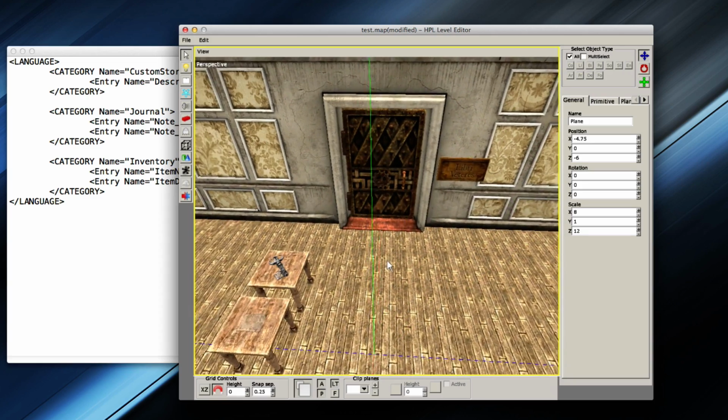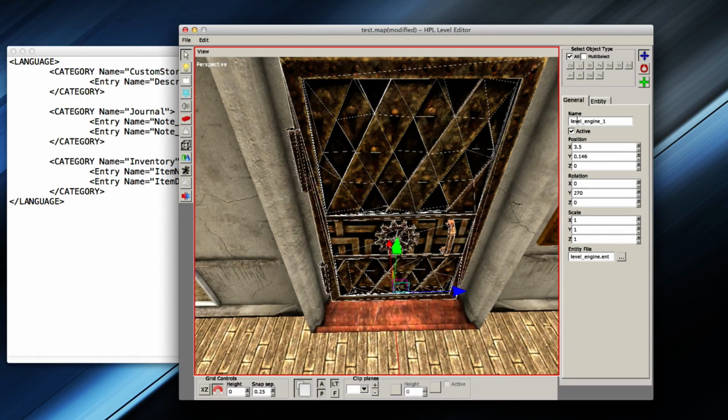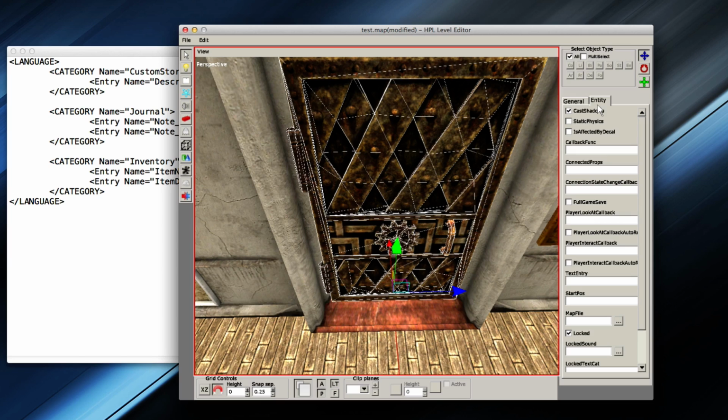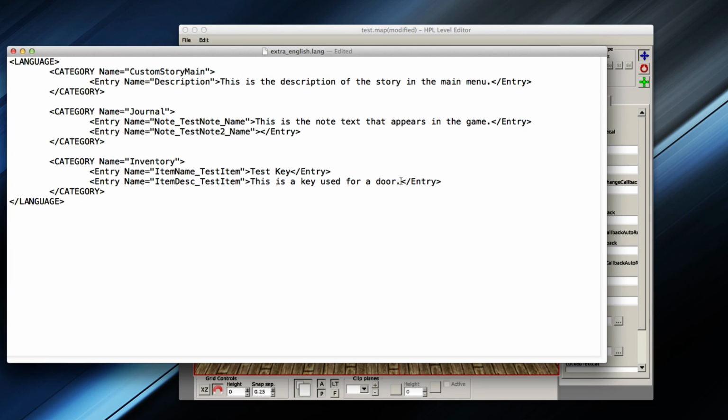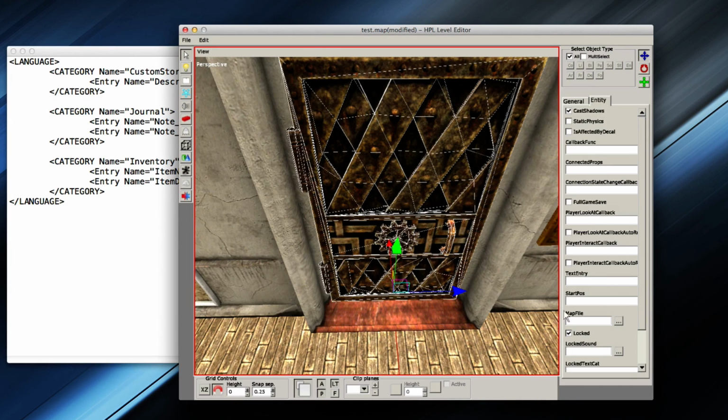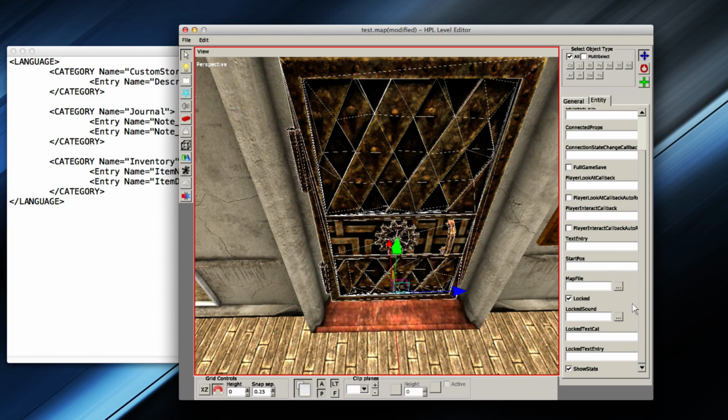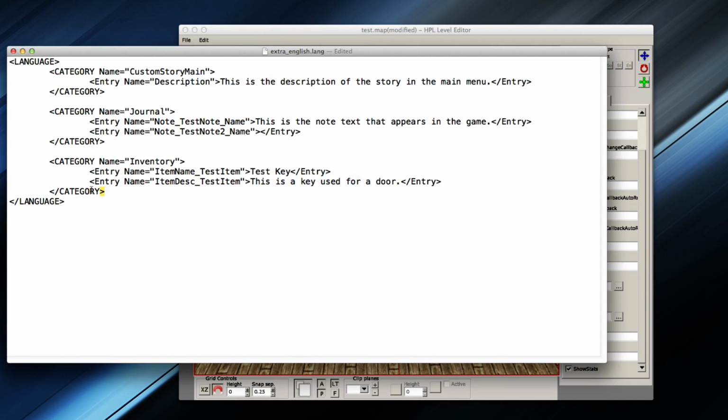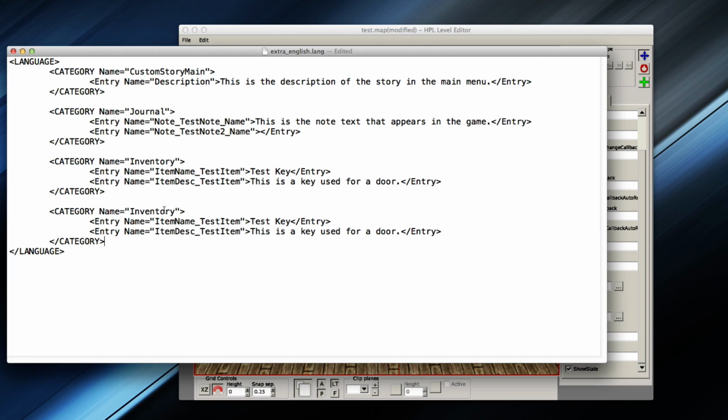Now we're gonna do a few things with the door here. I'm gonna go on entity. You're probably understanding how most of this works by now. So you just read up on what it says and it should tell you exactly what to do. Now, text entry. The text shown when door is in focus. Category is always levels. As simple as that. It tells you exactly what you need to do. Basically, it's just sometimes a little hard to know if you haven't done this before, but as it said, category is always levels. Levels, put that in there.